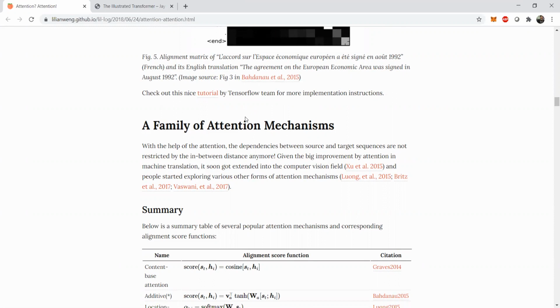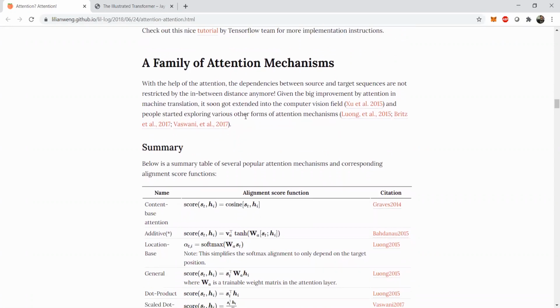That corpus can be a textual corpus if you are considering the field of NLP. That corpus can be an image corpus if you are considering the field of computer vision. So in the case of NLP, we are trying to extract and abstract certain weights from the particular corpus, right? And try to examine that, accentuate that, and try to build a context vector from it. Now, due to this, there are many variants of the standard attention mechanism.